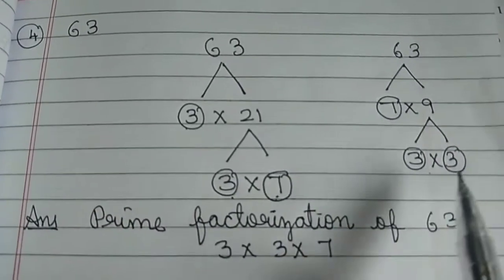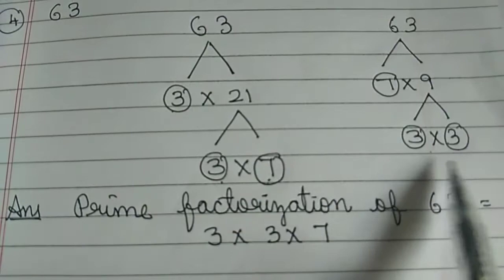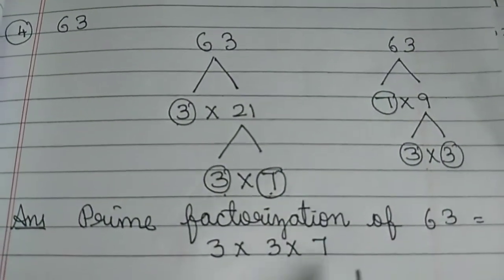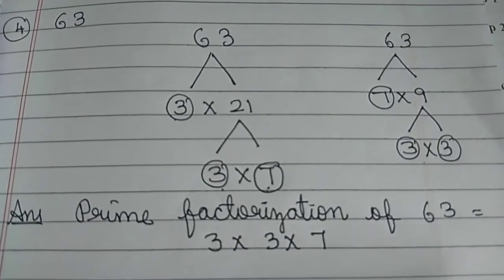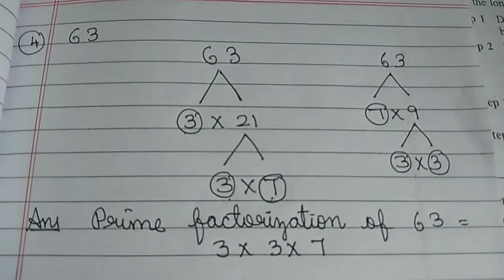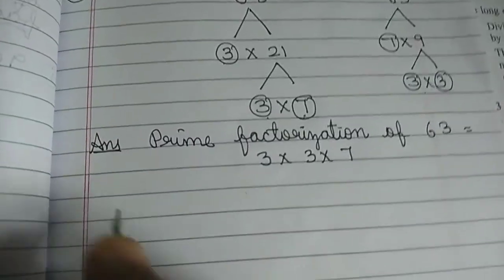You can think, see, this is an easy way. Why can't we do like this? You can do. But see, while writing in ascending order, we can't write 7 into 3 into 3. We can't write. Okay, children. So better you do in this method. Okay. So in this one, I will give homework sum.